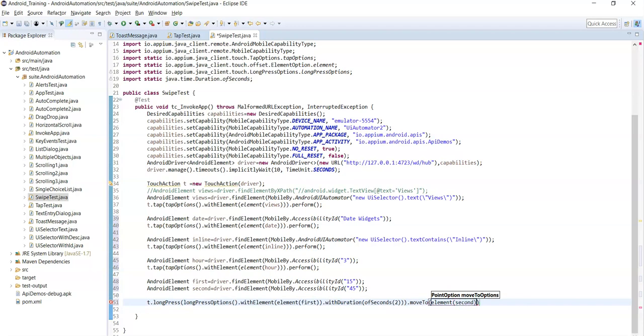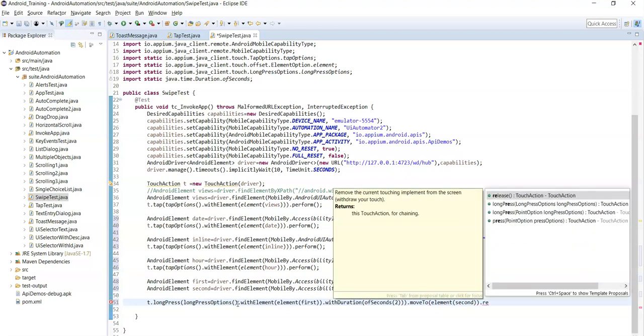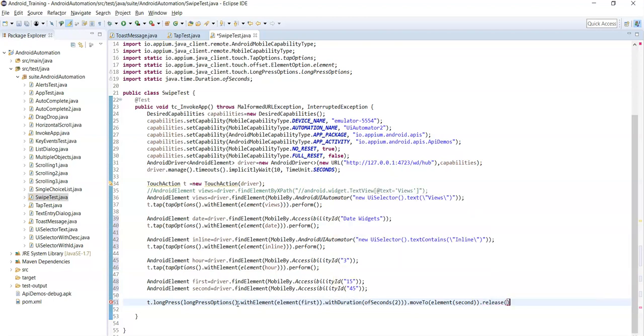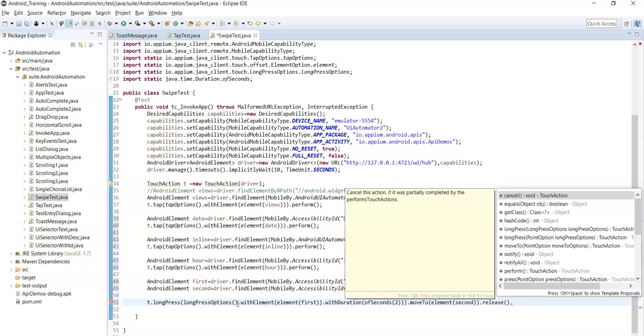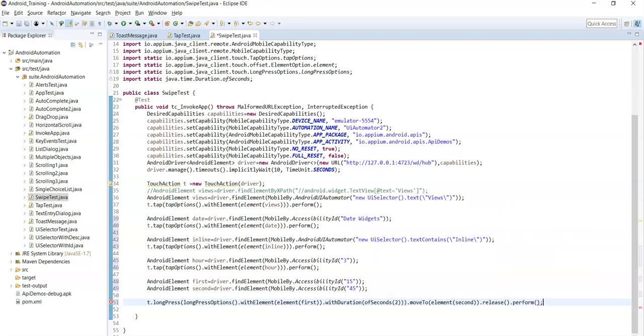Now finally we need to release the finger, right? So we need to call the release method, and finally we need to call perform method. As I said earlier, we must call perform method to perform any touch action on that element.